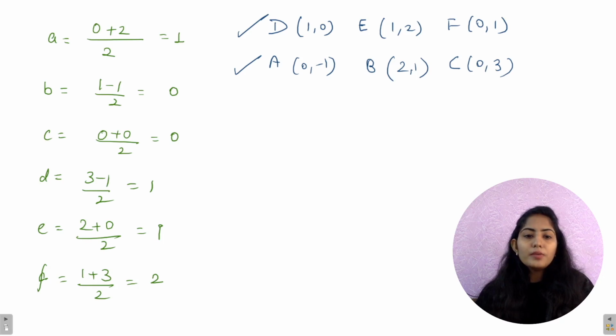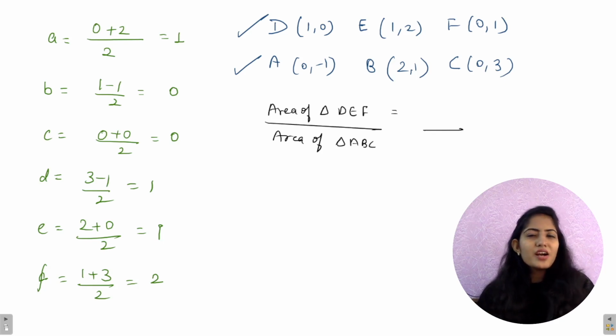एरिया ऑफ ट्रायंगल DEF को आपको यहाँ पुट करना है एंड एरिया ऑफ ट्रायंगल ABC को आपको डिनोमिनेटर में पुट करना है और जो भी आपका आंसर आएगा वही आपका आंसर है गाइज। सो सॉल्व इट, दिस इज योर होमवर्क।